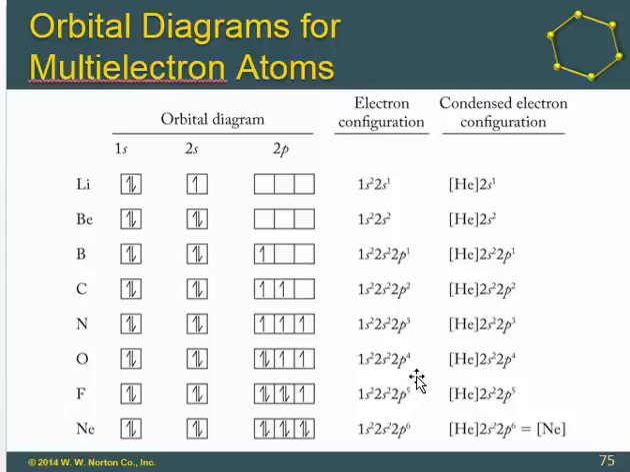Once we get to oxygen that has 4 electrons, we have to start pairing our electrons. So oxygen has 2 unpaired electrons. Fluorine, which has 5 electrons in the 2p subshell, has 1 unpaired electron. And neon has no unpaired electron. It has a filled subshell. So orbital diagrams are useful ways for us to determine how many unpaired electrons there are. And unpaired electrons are important because they impact magnetic